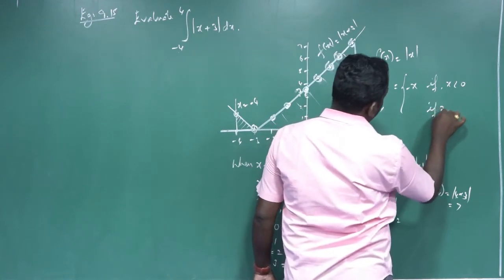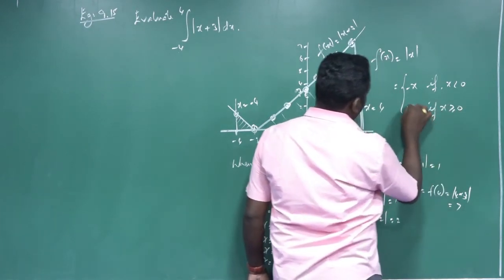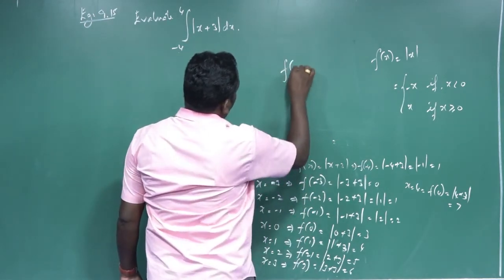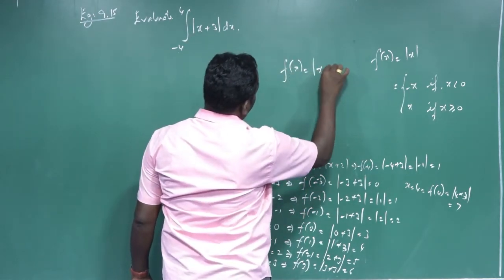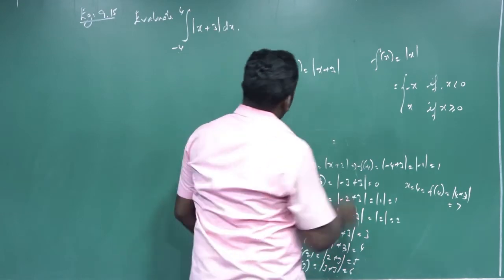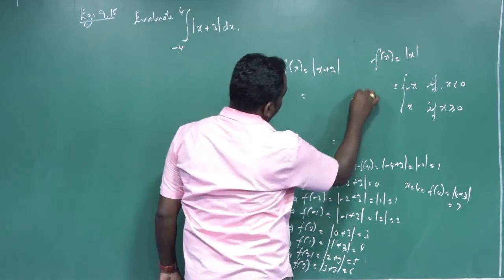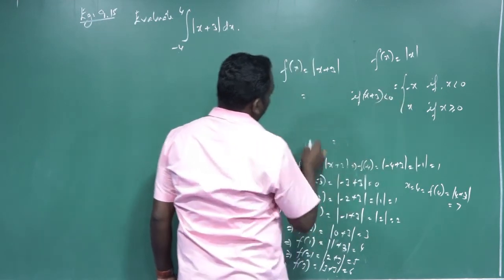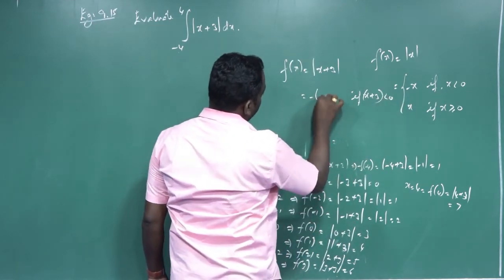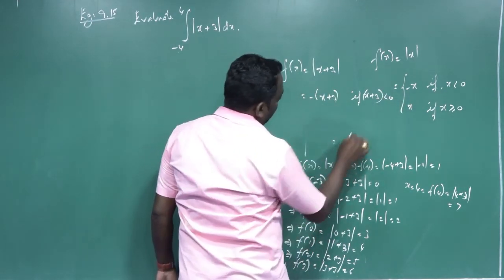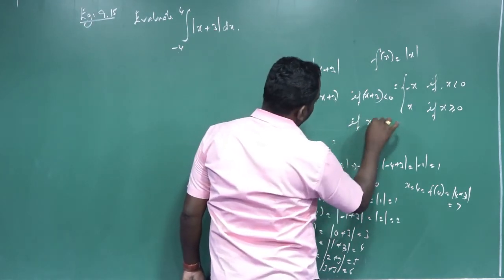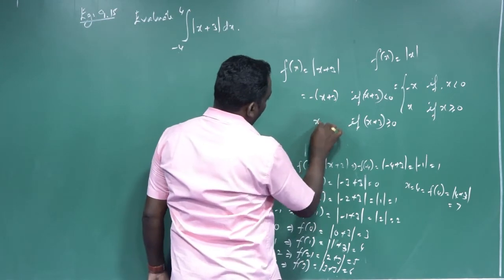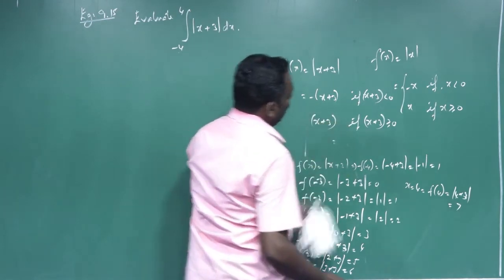If x is greater than or equal to 0, the modulus of x is equal to plus x. Therefore, given f of x equals modulus of x plus 3, if x plus 3 is less than 0, then the modulus value is equal to minus of x plus 3. If x plus 3 is greater than or equal to 0, the modulus value is equal to x plus 3, a positive value. Therefore,